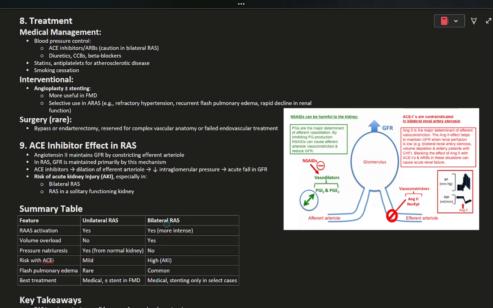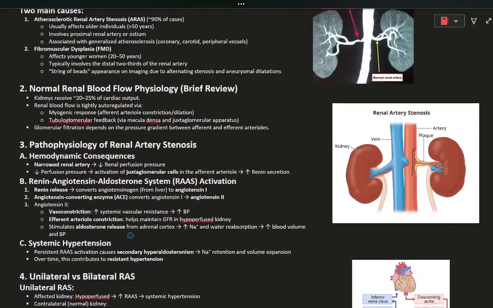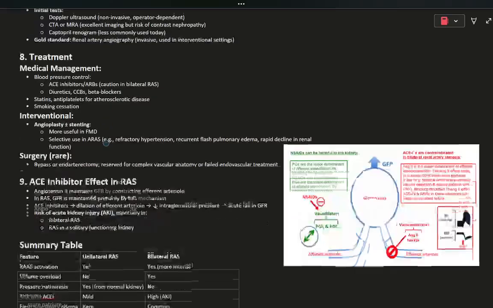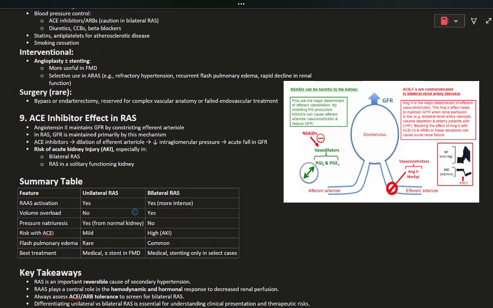And then for bilateral renal artery stenosis, medications can be used, but stenting should only be reserved in select cases. So FMD, remember that stands for fibromuscular dysplasia, which we talked about earlier. Alright, and lastly, here's a pretty helpful image about the use of non-steroidal anti-inflammatory drugs and ACE inhibitors